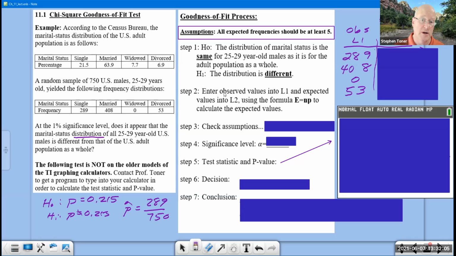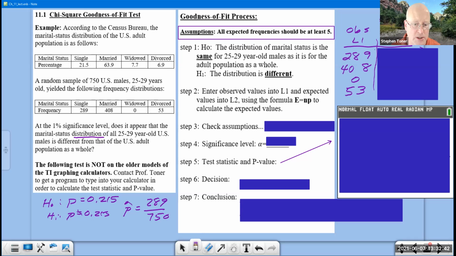So in this type of problem, we're going to be entering our observed values into list 1. These are the frequencies that we were given, and I've got written over here at the right that these are going to be what goes into list 1. Okay, then we're going to enter our expected values into list 2. Now, the expected values have not been given to us directly. We are going to have to calculate them using this formula E equals NP, just like the mu equals NP